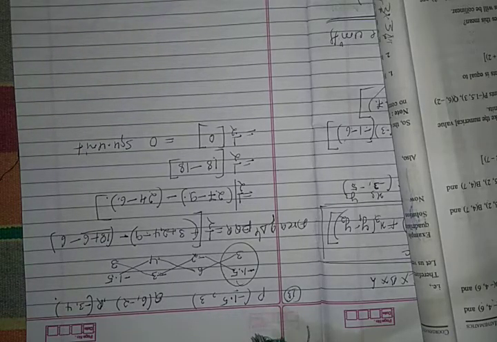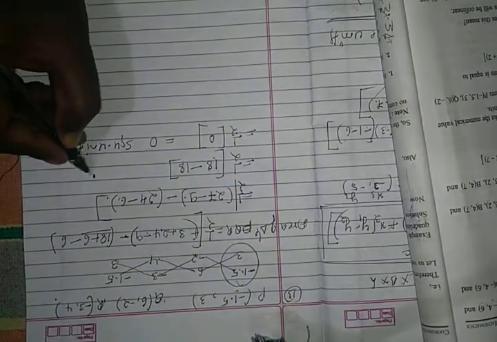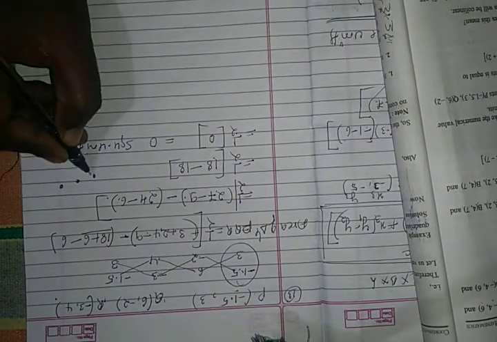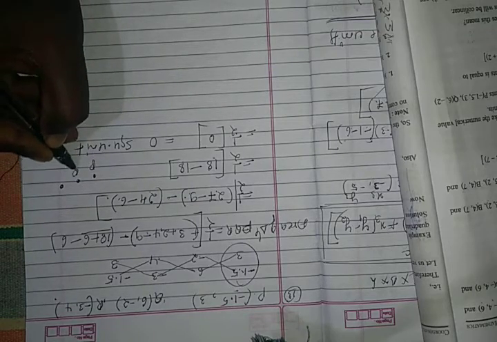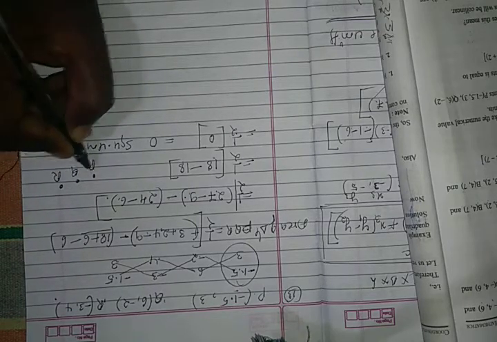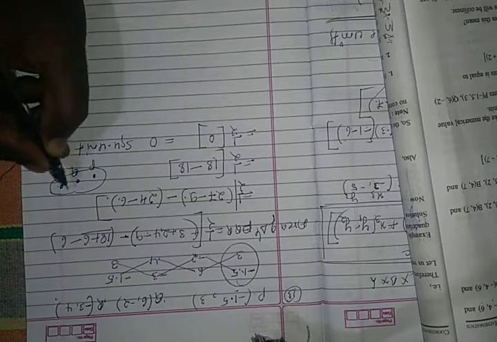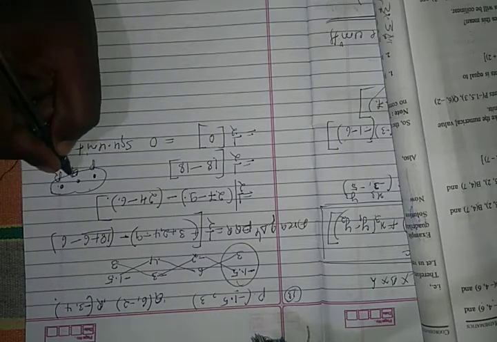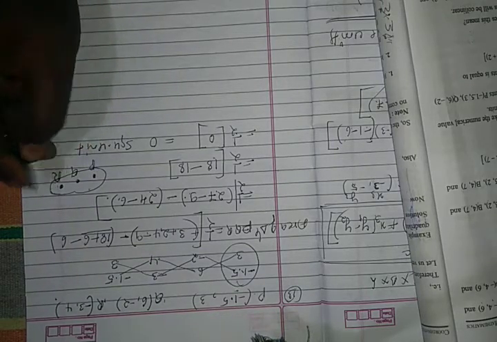That is not a triangle. That is, these 3 points are collinear. Collinear means all points are in a straight line. So this is point P, this is point Q, and this is point R. So this does not form a triangle. So this is not the area of a triangle. These 3 points are collinear.